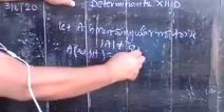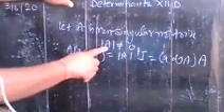Okay. So you have one property, since you already know about it, A into adjoint of A is equal to determinant of A into identity matrix. You have this result, right? Also its second part, adjoint of A into A. You know this property. And here you have a result, determinant of A not equal to 0.